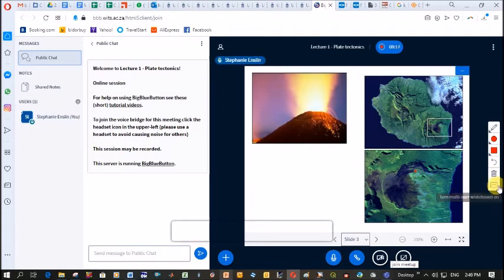And okay, this multi-user whiteboard is really great because you could ask students to show you in this figure here where the most recent lava flow is. And so you can see on the board now it says my name Stephanie. If all your students, or 40 or 80 of them, put their mouse over this picture, it'll show all of their names. Maybe you can ask 1 or 2 to show you, and then they could go and show you over here is the most recent lava flow. And so you can have interactive